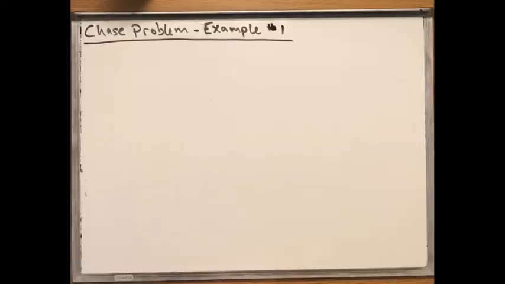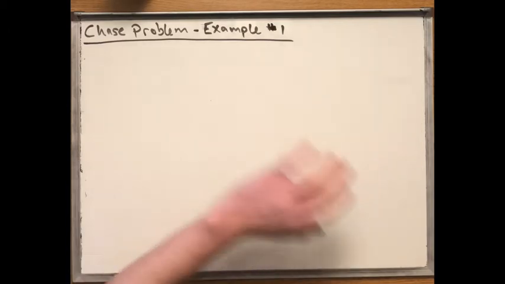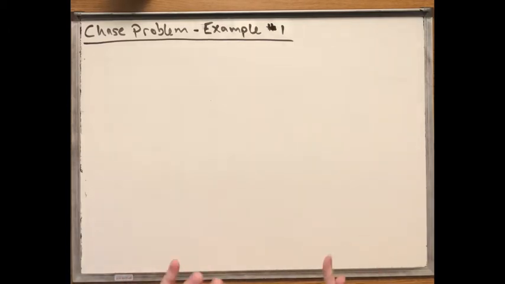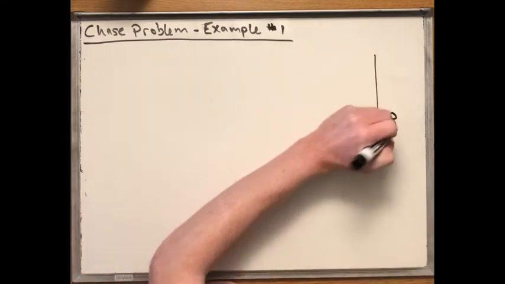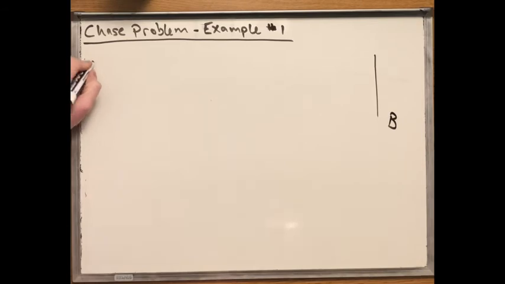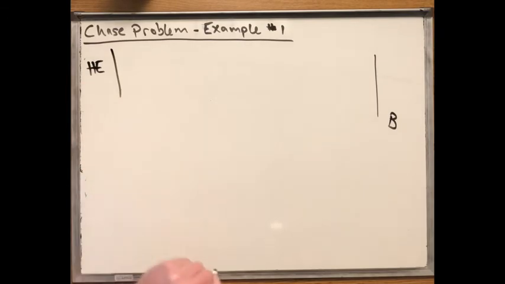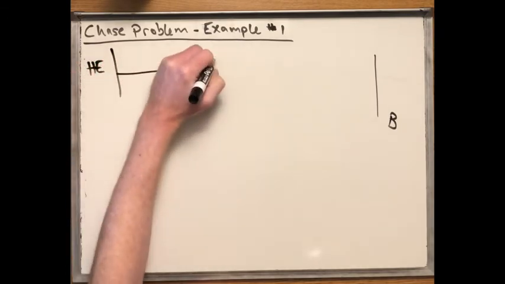All right, so in this problem, we have these thieves coming onto the highway, headed for the border, and it says that the border is 300 kilometers away from the highway entrance. I don't expect you to draw this out every time you have to do one of these problems, but I do think for this first one, it's probably a smart idea to just get a lay of the land over here. So let's say this is the border. I'll label that B, and this is the highway entrance. I'll just label that HE, highway entrance, and that's over here. And so the distance between them